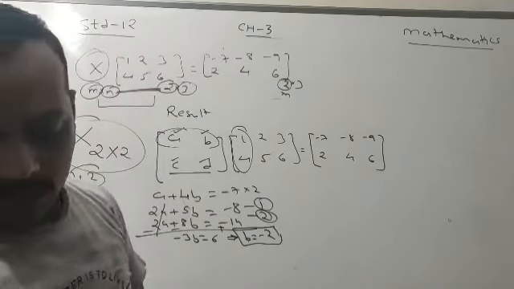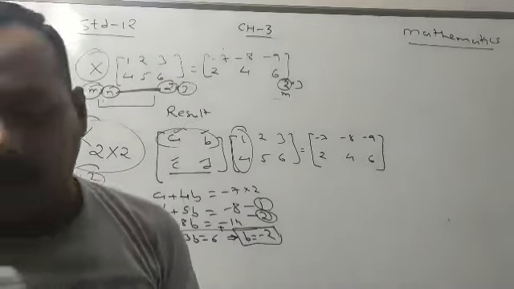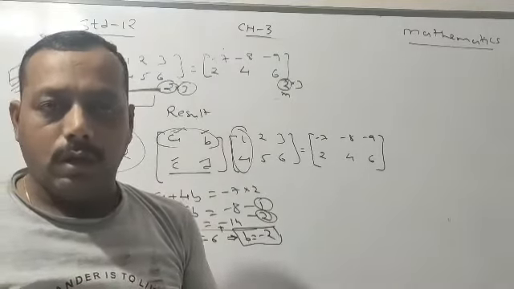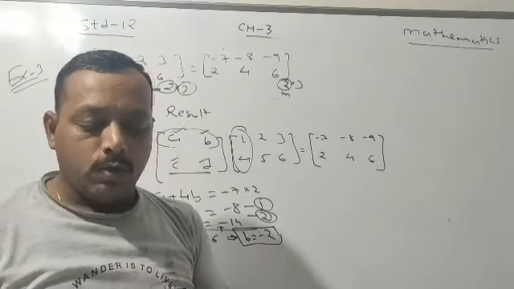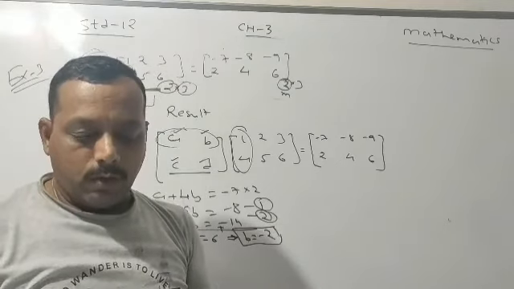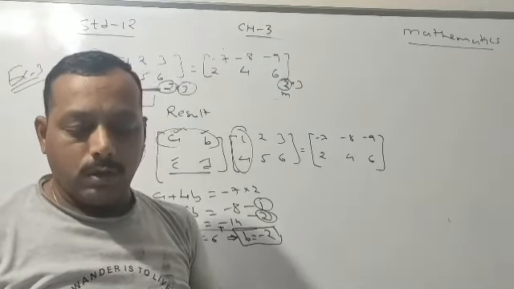Now the last question, that is the 12th question of this exercise, is based on PMI. We have already solved questions number 1, 2 and 3. They are also based on PMI. So I will give you the 12th question as homework. Okay. So now our third chapter is completed.